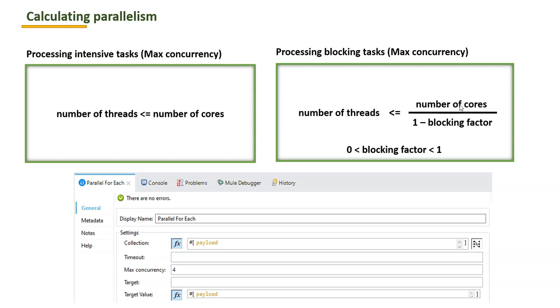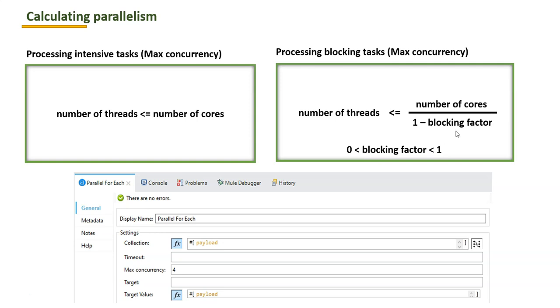Since I have 4 cores, the value we provide as the blocking factor should be between 0 and 1, because if we provide the blocking factor as 1, then 1 minus 1 is 0, it will go for infinite threads execution inside parallel for each, and that will result in deadlock. So make sure the blocking factor is between 0 and 1.